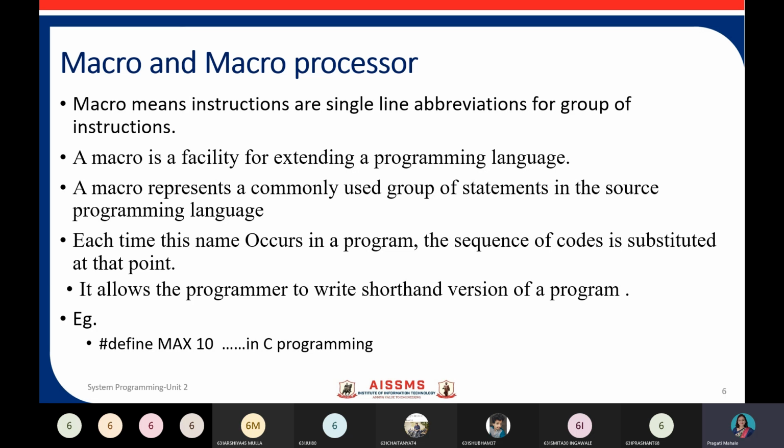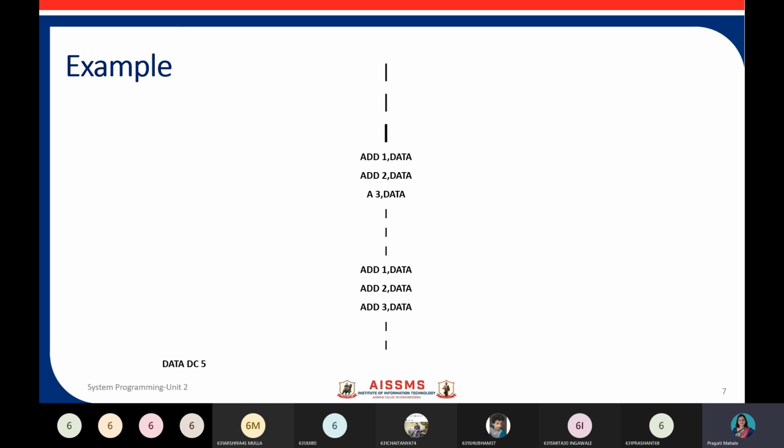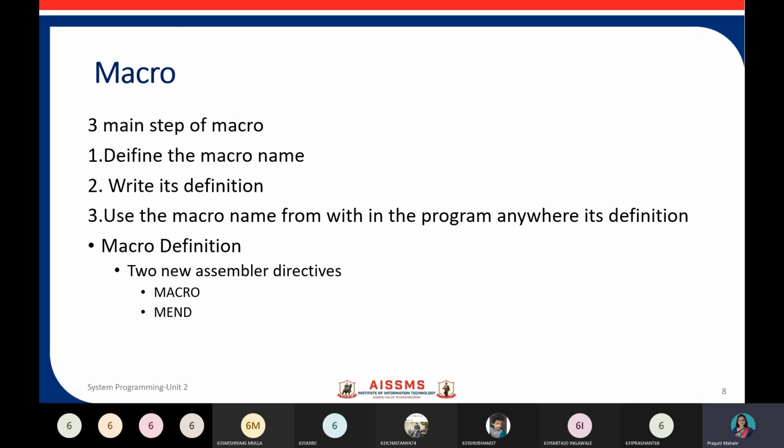So you can see in the program somewhere repeated statements are there. Such repeated statements can be put into one macro and it can be called whenever required, right? So I hope now you got a basic idea about the macro and what it is about. We will see the syntax, the representation and the macro call in detail now.